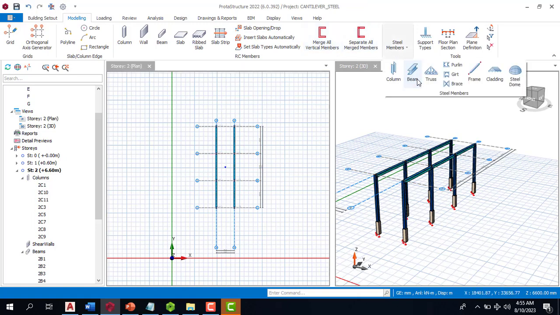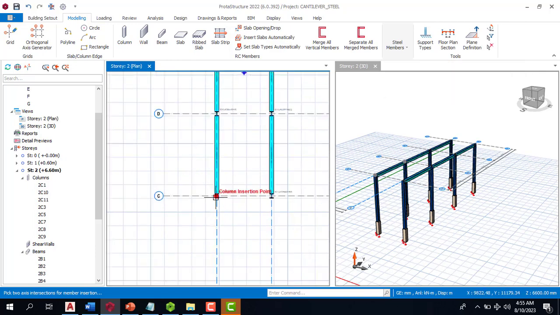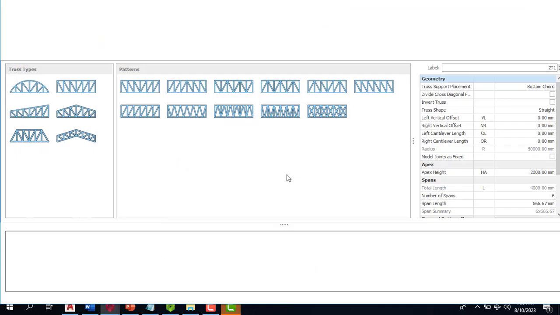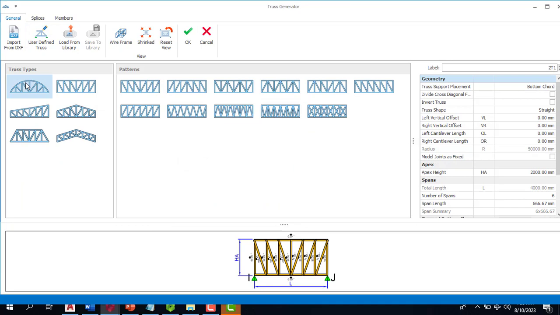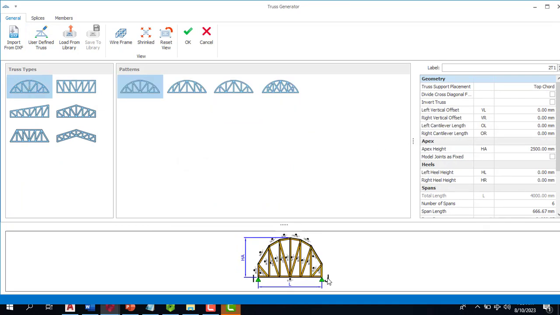I'm going to come back to my truss and I'll click on truss. I will click on this and I'll click on this. Okay, so I will click on this member. You can see it's looking a bit bigger, it's making more sense now. The other one looks very shrunk. The height here, you can play around with this height. You can either reduce the height or you can increase the height,